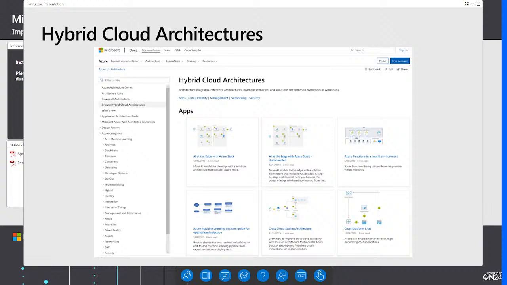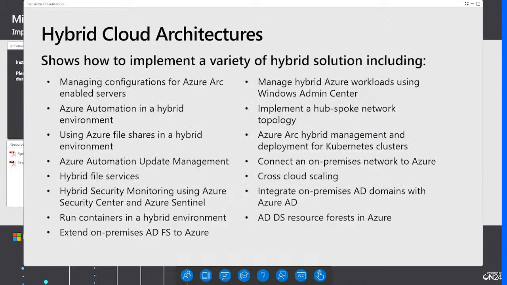Inclusive in the existing hybrid cloud architectures, and more are being added all the time, we have architectures such as how to manage configurations for Azure Arc enabled servers, how to use Azure automation in a hybrid cloud environment, how you can use Azure file shares in a hybrid cloud environment, how to use Azure automation update management to manage your updates, how to use hybrid file services so that you've got file servers on-prem and in the cloud, how to use hybrid security monitoring with Azure Security Center and Azure Sentinel, how you can run containers in a hybrid environment, how you can extend on-premises Active Directory Federation services through to Azure, how you can manage hybrid cloud workloads using Windows Admin Center, that is, manage your workloads on-prem and in the cloud, how you can implement a